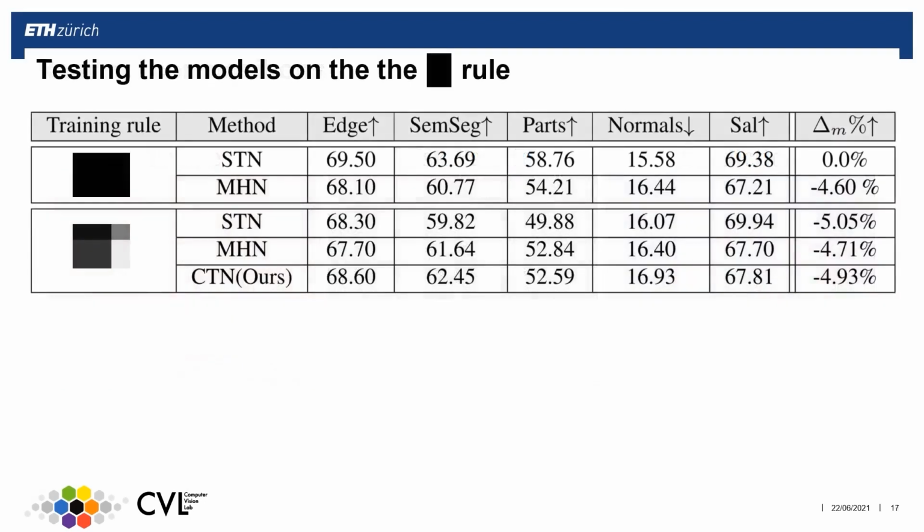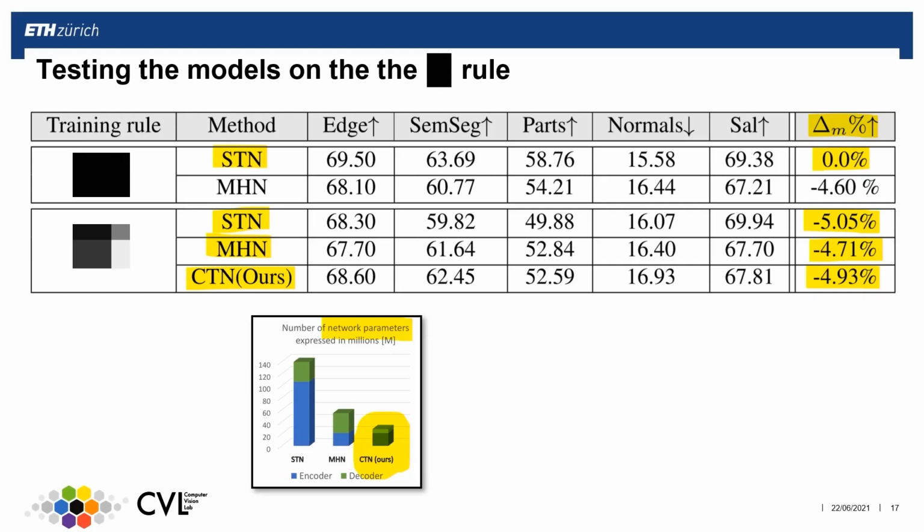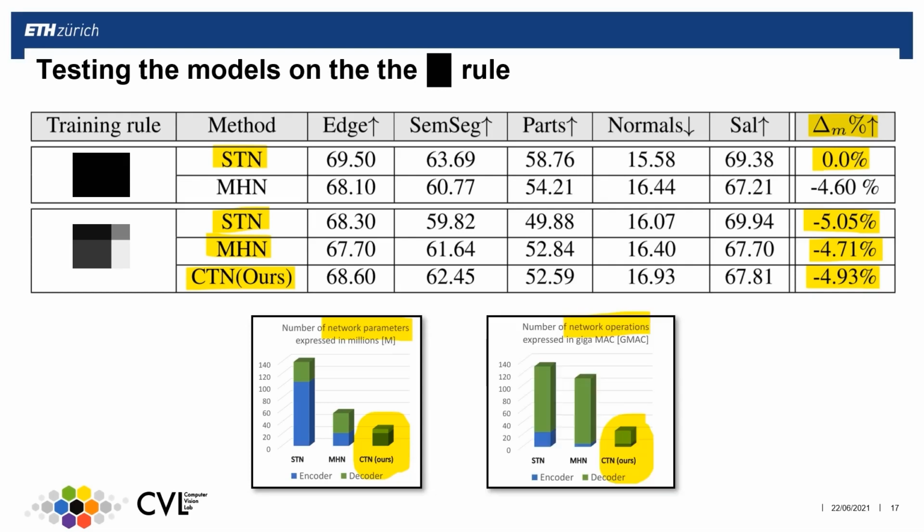In experiments, we use the popular metric for multitask learning. While testing with the single task rule, we compared the drops in performance to standard single task training. We can see that our proposed network achieves the same performance drop as the single task and multitask baselines when trained on the random mosaic rule. This is interesting since the baselines have more model capacity. Our model seems sufficient in the setting of sparse supervision. At the same time, it is more efficient in terms of memory and computations. A similar behavior is present when training and testing with the semantic rule.